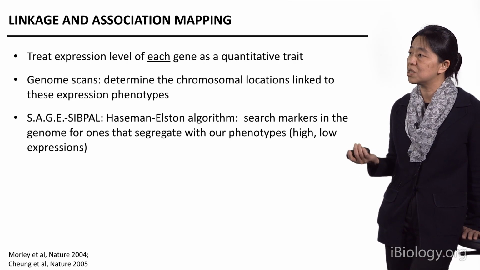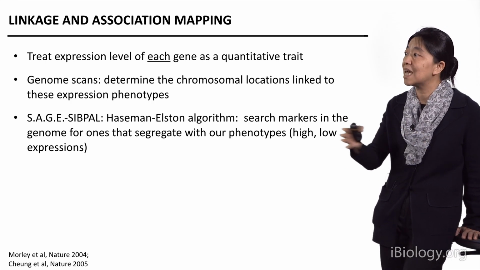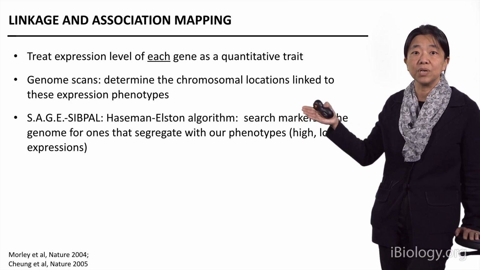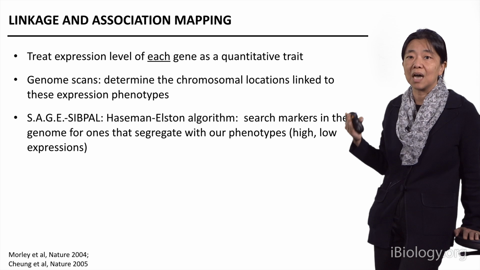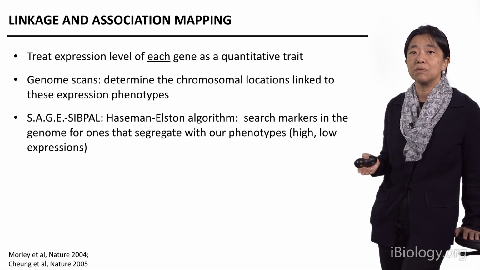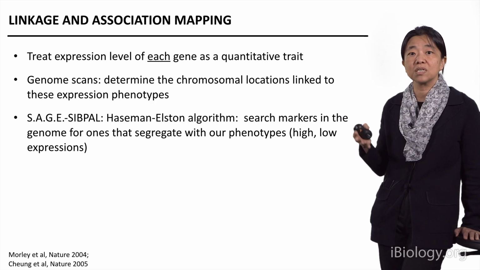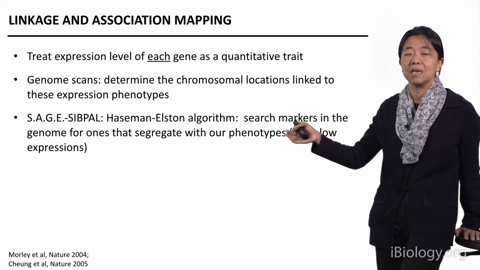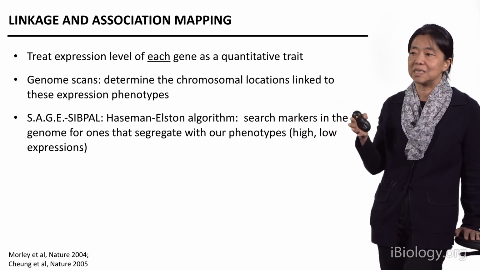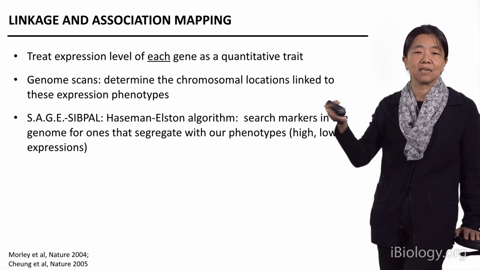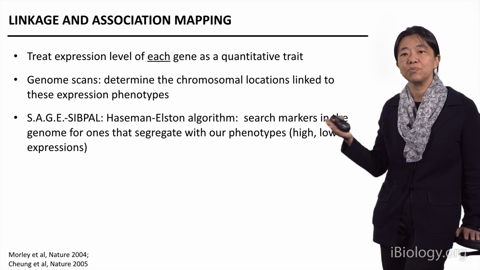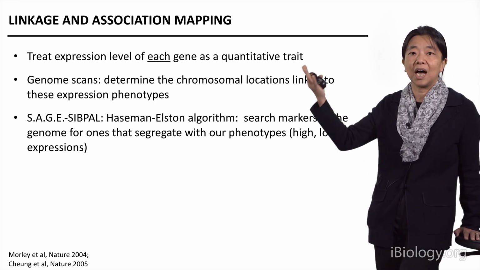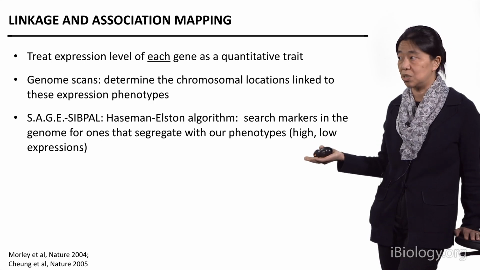In this genetic linkage analysis, we're basically scanning throughout the whole genome and asking which of the chromosome regions are inherited at the same time with the trait of interest. The way that we can track the different parts of the genome is to identify sites with different DNA sequences. This way it gives us markers, or basically signposts, to track different regions of the genome. And we ask which parts of the genome are often inherited with high or low expression level of a particular gene.